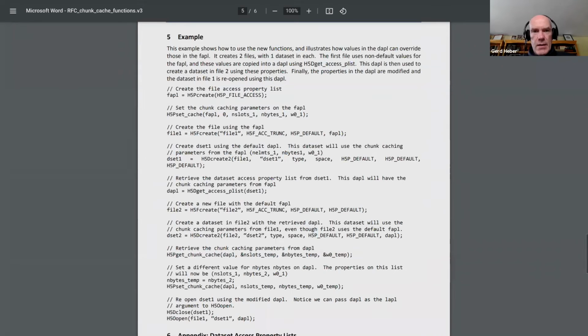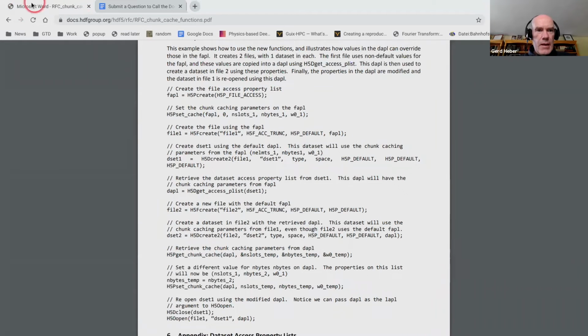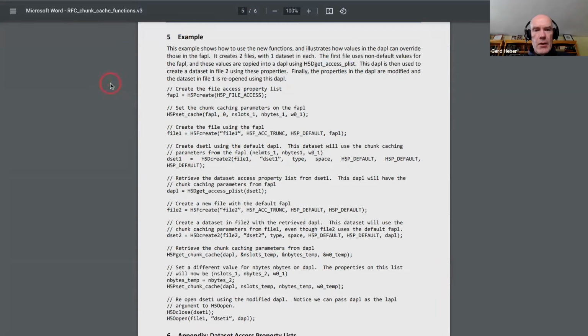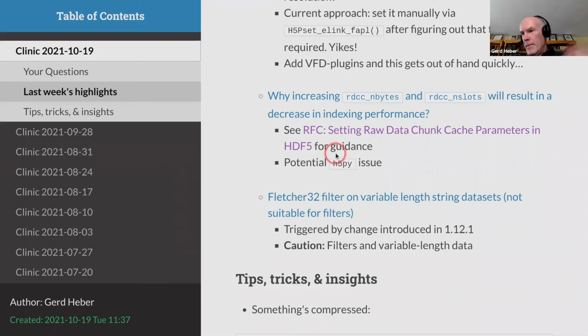And then there's an example. So I think it's a great document, and it's available on our docs portal at docs.hdfgroup.org, HDF5/RFCs. And there are many other RFCs, I didn't count, but there are many dozens of RFCs